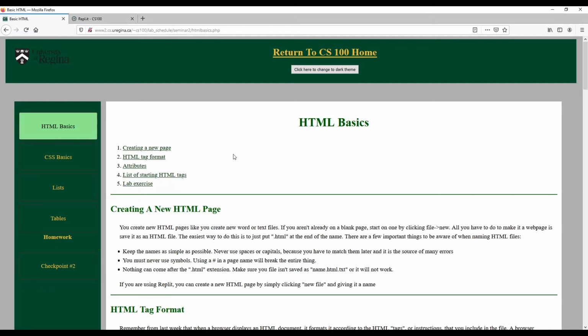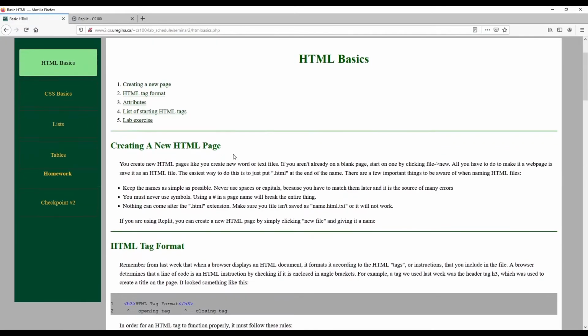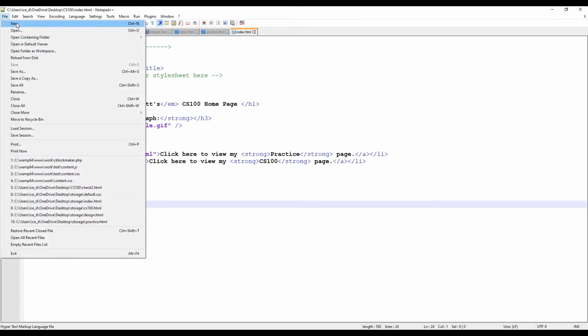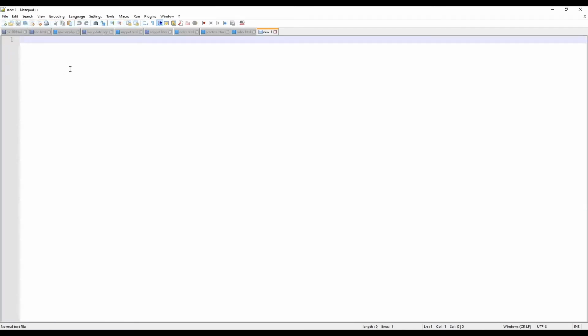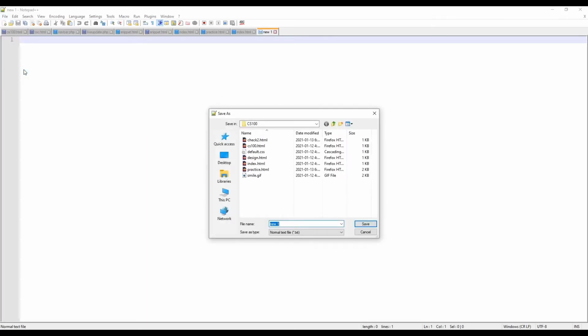This week we're going to be covering creating a new HTML page from scratch. So to create a new HTML page, you would create it much like how you'd create any sort of new file with Word or any other program you might be familiar with. You go to a blank page, go File, New for the blank page, File, Save As, and then all you'll have to do to make a new page is give it a name,